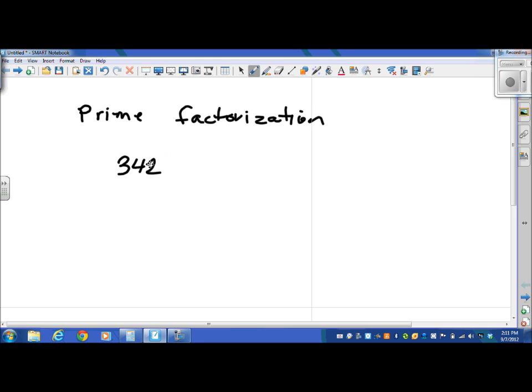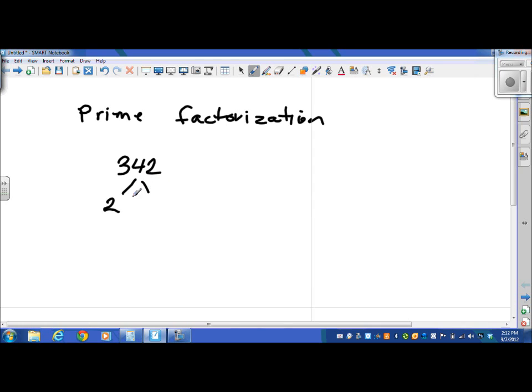342 ends with a 2. So what does that mean? Well, it means that it's an even number, and we know that all even numbers can be divided by 2. So I'm going to start with 2, and I always like to start with 2 if I possibly can. So 2 times something is going to give me